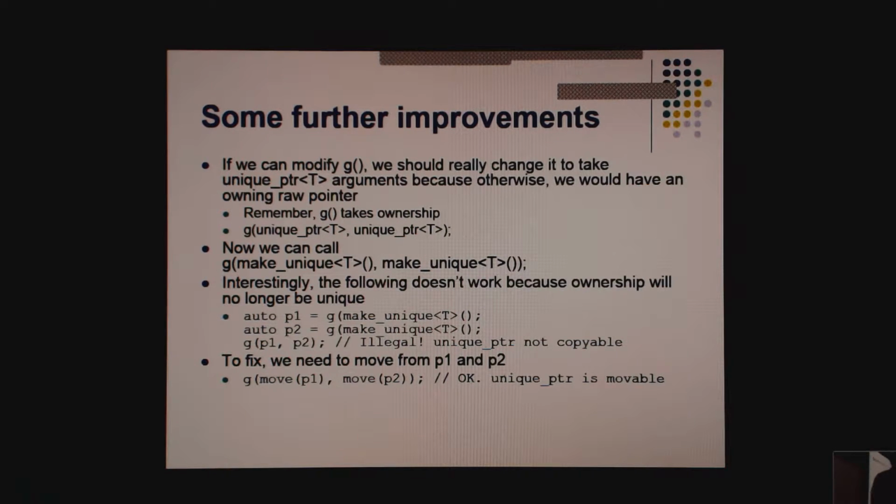So if we really wanted P1 and P2 to give up control of the object and pass it to G, I say G of move of P1 and move of P2. And move basically turns an expression into a temporary so that C++ will move from it and assume that the old value of P1 goes away.